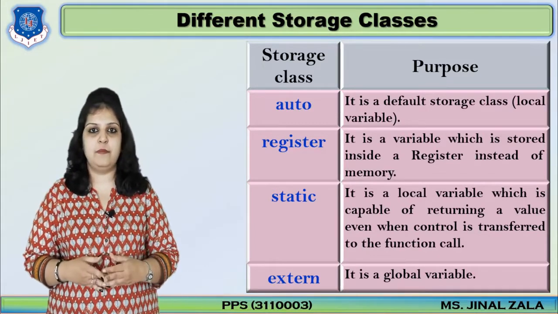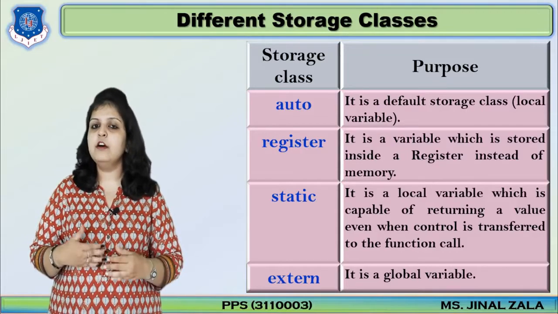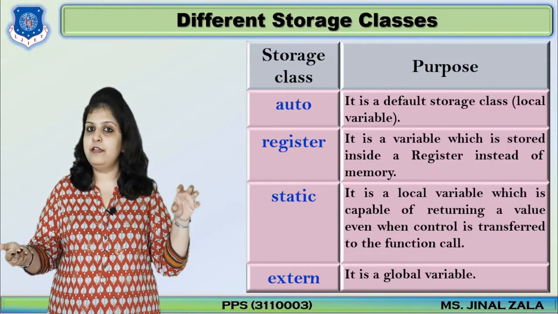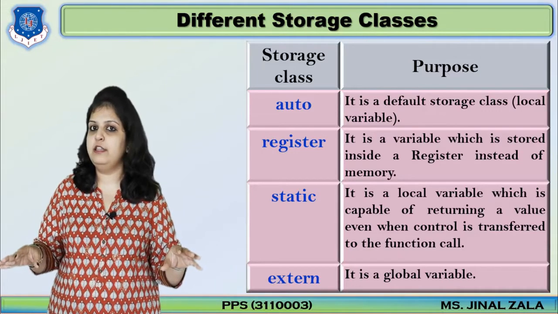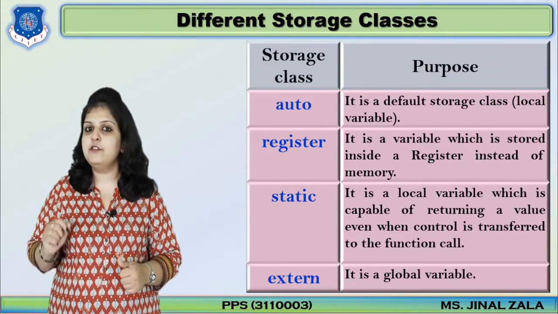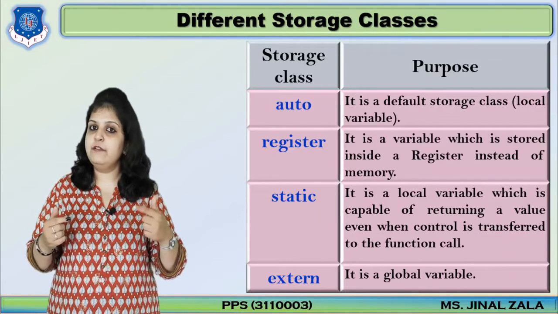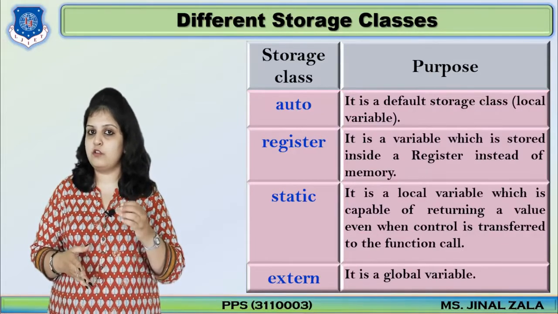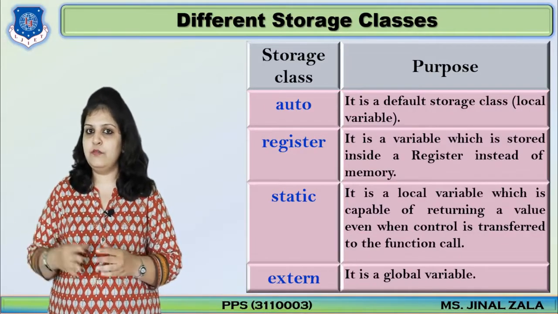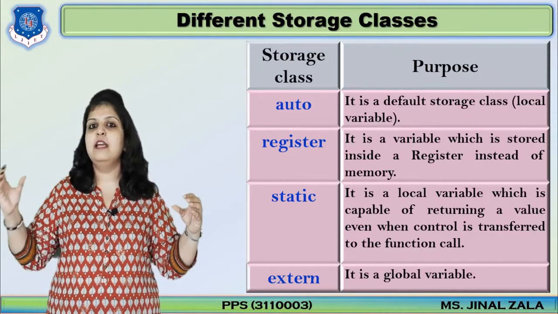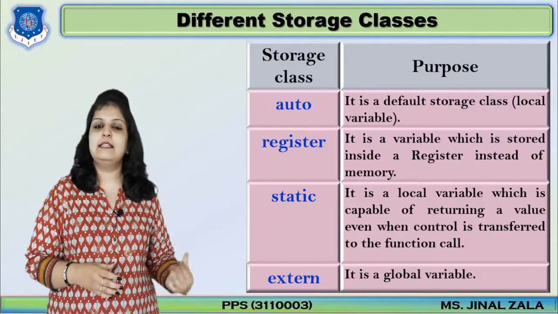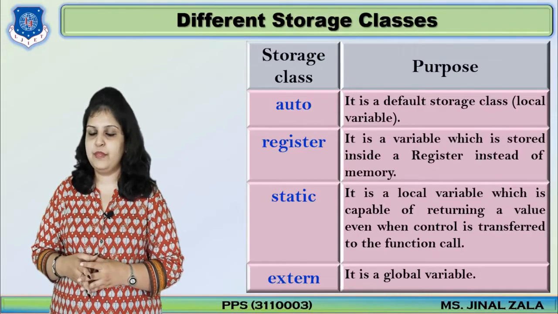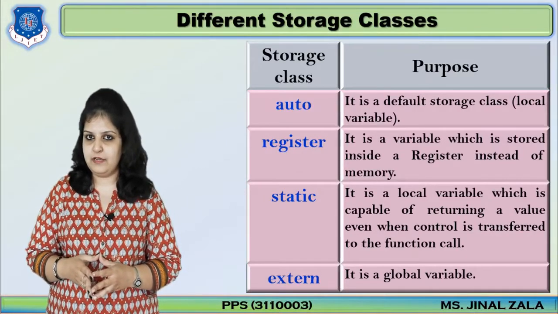Next is static variable. In an automatic variable, when you call a function again and again, the updated value of the variable is automatically destroyed every time. When you use a static variable, the updated value will always be stored in that variable. So this is the difference between auto and static, and we will see in detail with one example how automatic and static variables work. And last is external variable, for which we can use the keyword extern, and it is also called a global variable.